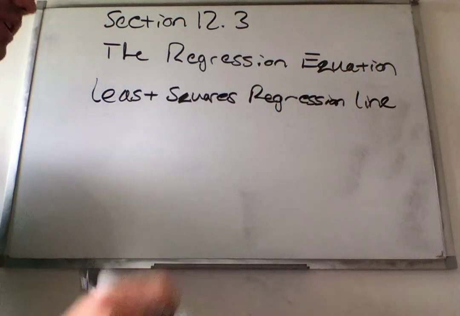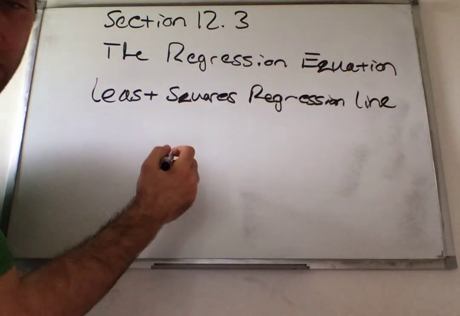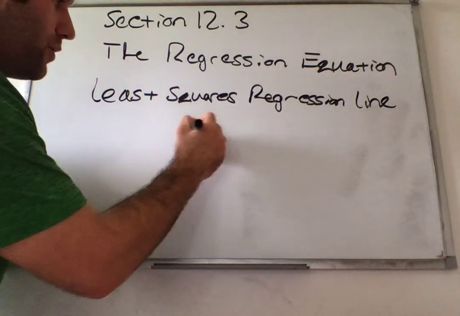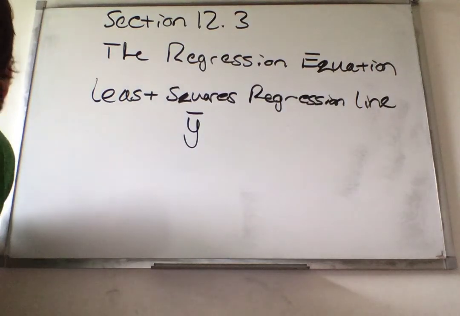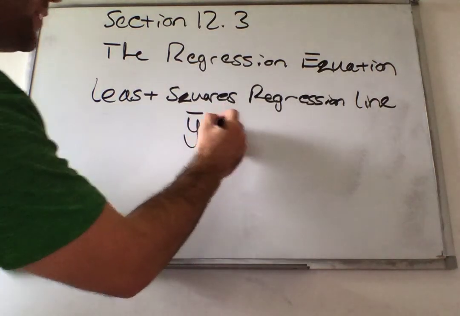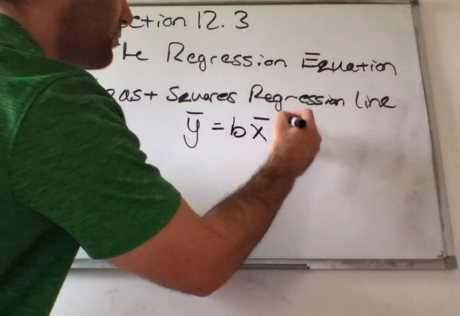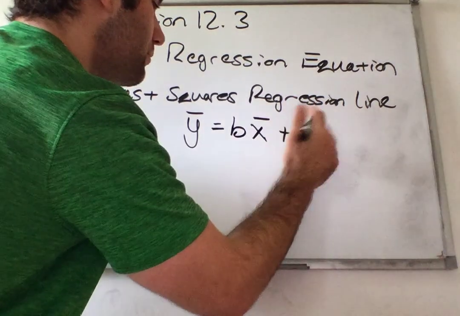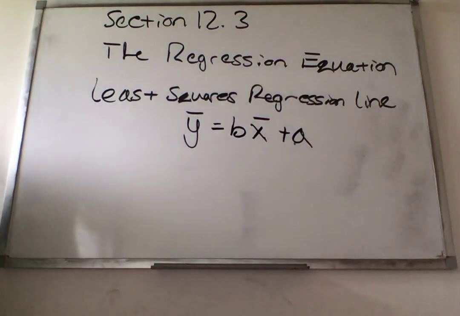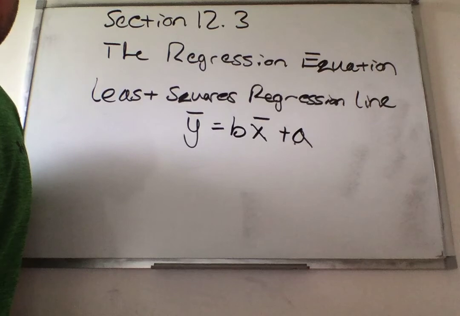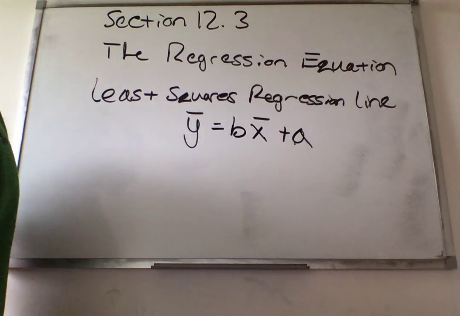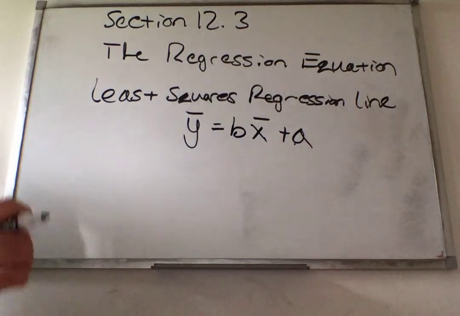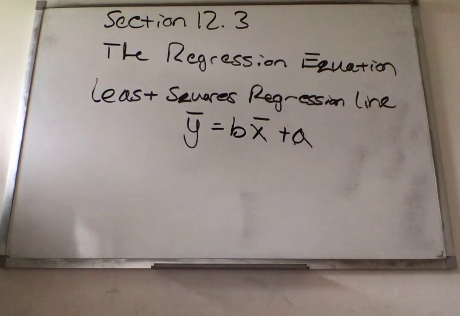So the least squares regression line is now y bar equals b x bar plus a. This is the equation of the line of best fit for n data points